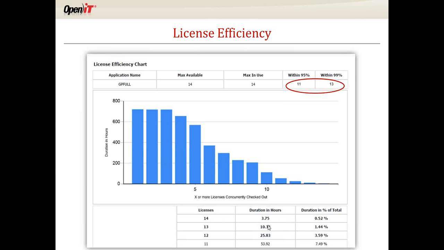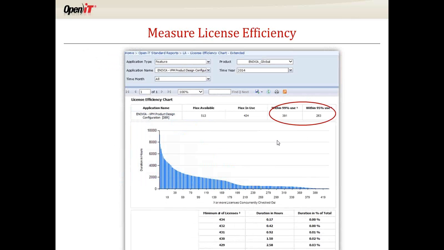So we can see, for example, that the 14th license was only used 0.5% of the time, the 13th 1%, etc. So if we were just looking at max in use, we could say, hey, we might need to add more licenses. But when we look at this confidence interval, we can say, no, I think we're okay. I mean, you could technically, again, depending upon your individual business cultures, potentially even lower your license count. I'm going to show you another example with different numbers.